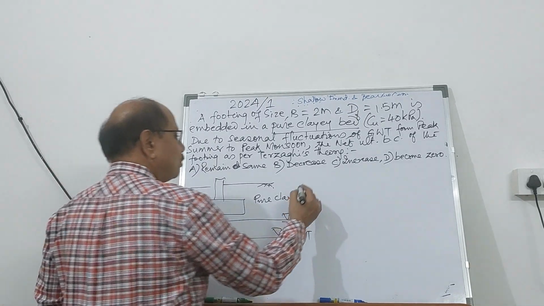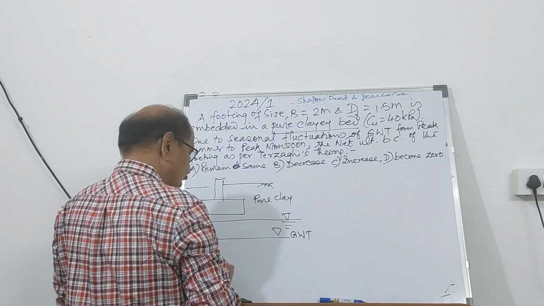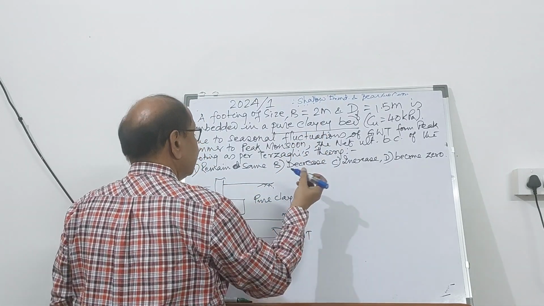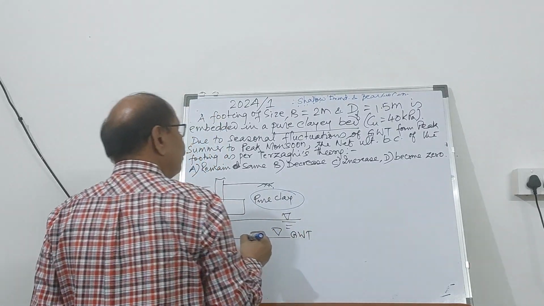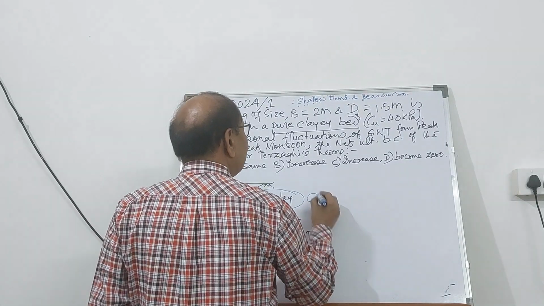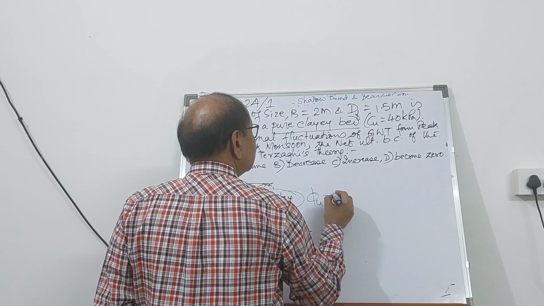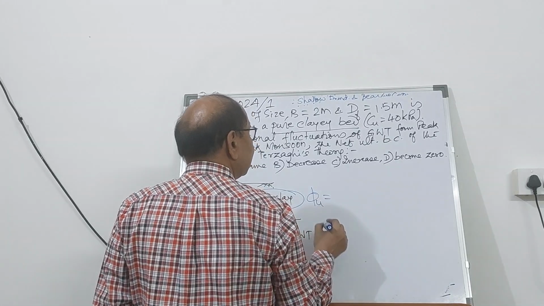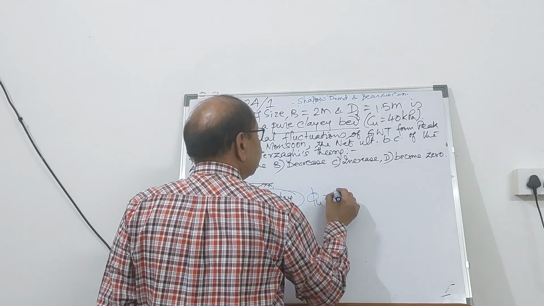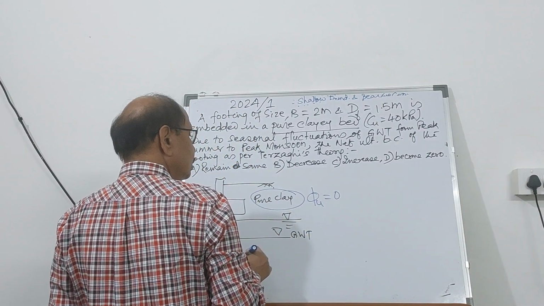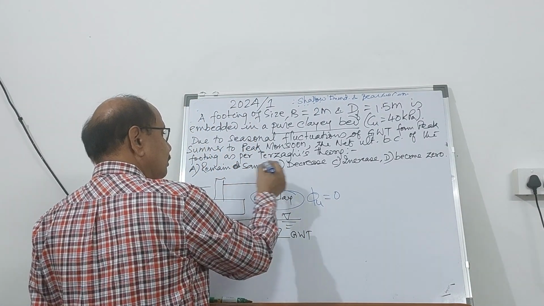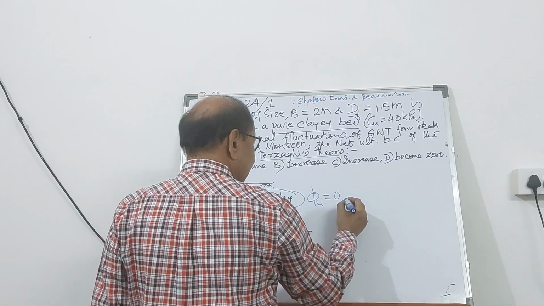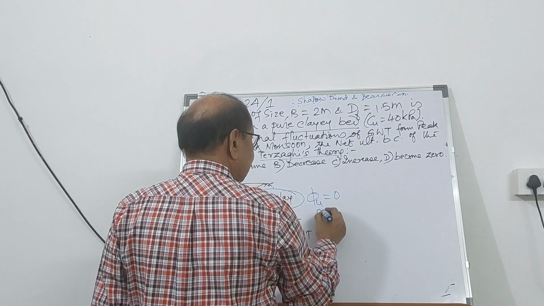So, because it is pure clay, what do you mean by pure clay? Phi u, that is the angle of internal friction in undrained condition, will be 0, and therefore, as per Terzaghi's theory, the